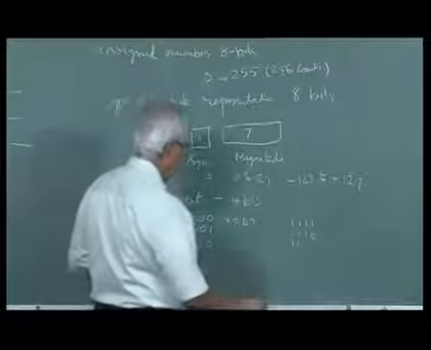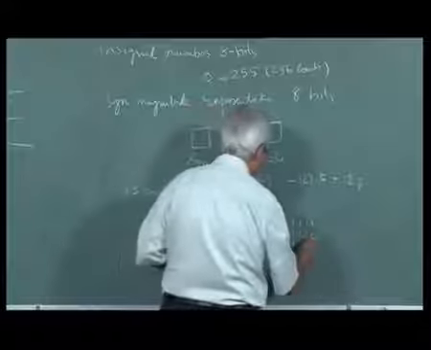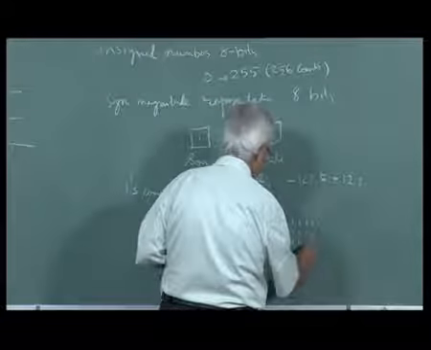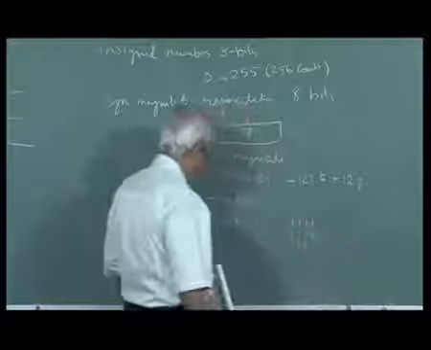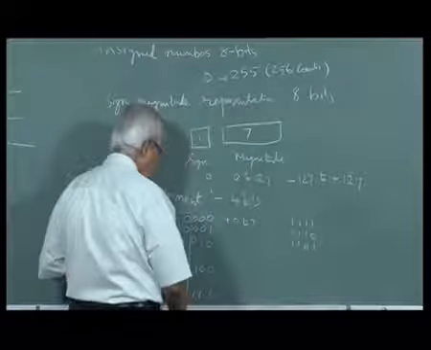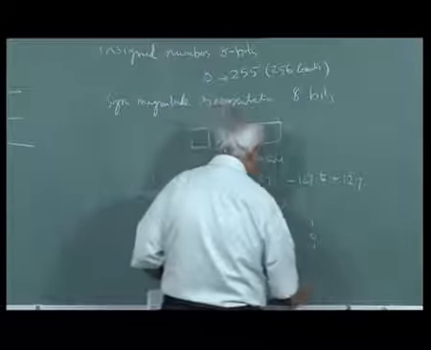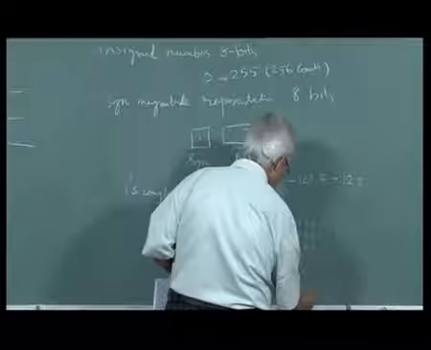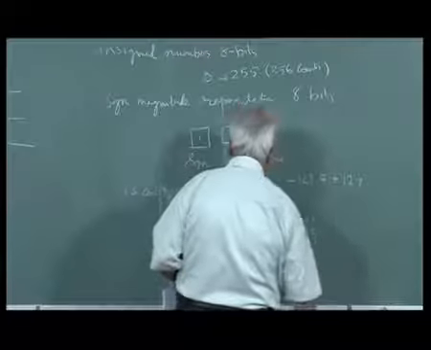So this will become 1, 1, 1, 0, 0, 1. Each bit is inverted. 7 will be 0, 0, 1, 0, 0, 0. Now,